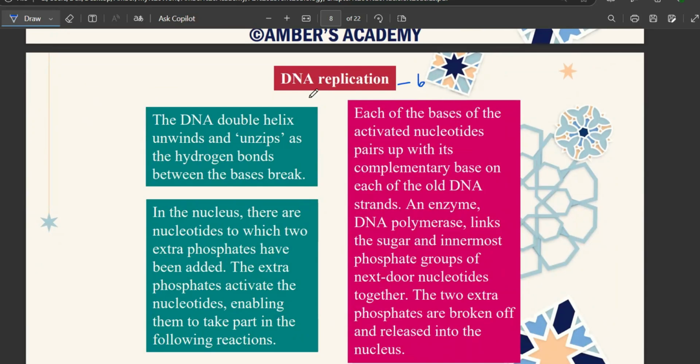ठीक है, so मुझे पता है this is going to be a lot that you have to take in, but slow करेंगे तो हो जाएगा. We know that DNA has double helix, right? By double helix, I mean that it has double strands.